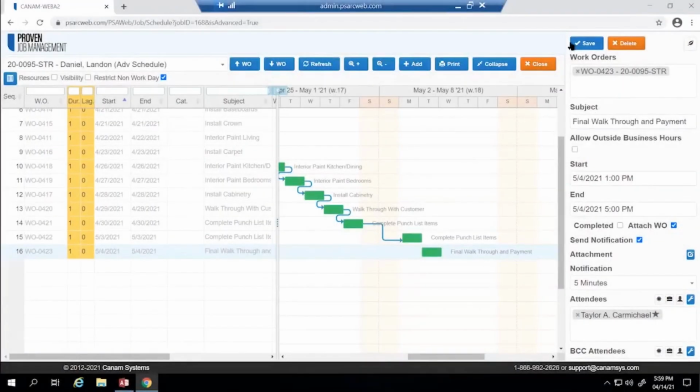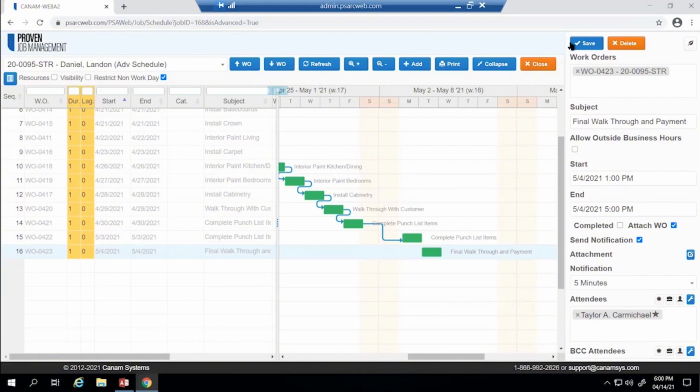As a best practice, it is recommended to wait and assign any attendees until your schedule has been fully bought out and organized. The reason is if you assign attendees too early and you are dragging, dropping, moving, extending, etc., each time you make a change to the schedule start and end times, the attendees will receive those notifications that the scheduled work order has been revised within that time frame. It is best to create the advanced schedule, modify and organize it, and then assign work orders to the necessary